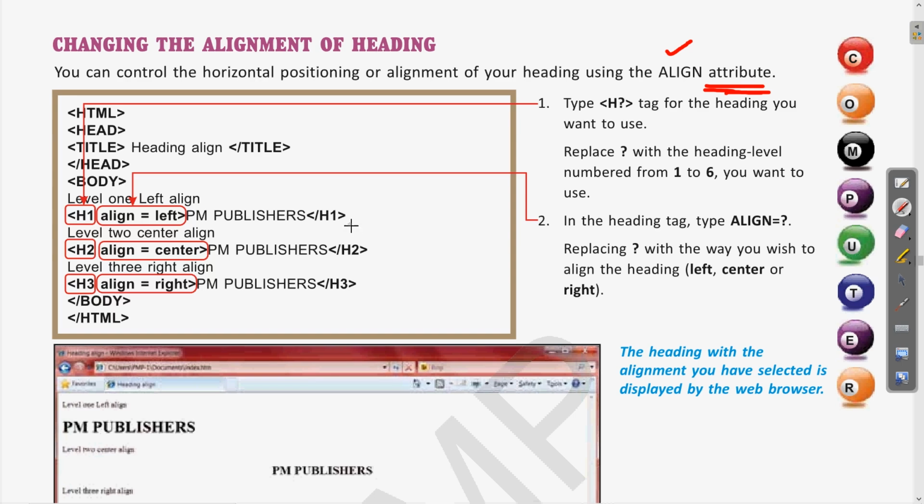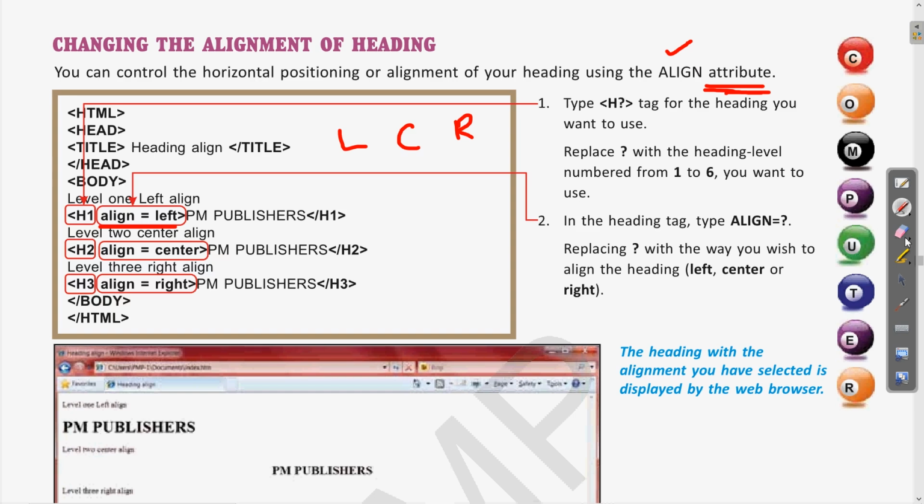So if I do some changes with them, we can see how this is going to appear in the web page. So here we are saying that for the alignment we can have the left alignment, center alignment and right alignment. So for that we need to write, with the heading tag, align is equal to left, center or right.